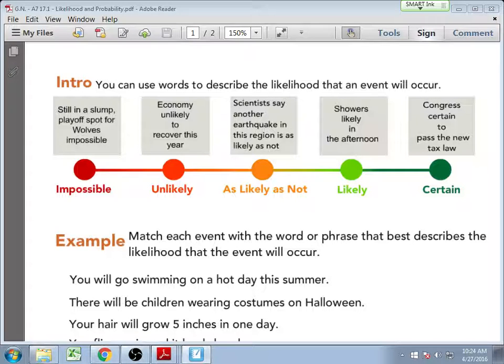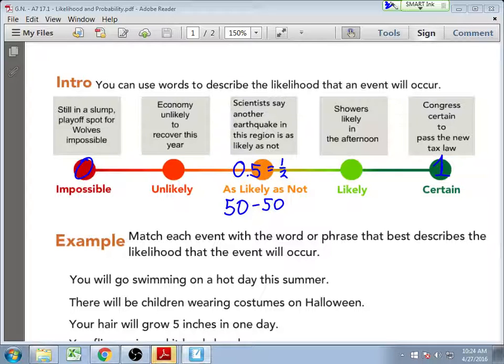But we like to use words involving likely. It is unlikely. It's fairly likely. It's as likely as not. So this is a scale going from impossible, which is a probability of 0, to certain, which is a probability of 1. Probability ranges on a scale from 0 to 1, with your as likely as not being your 0.5 or your 1/2, which is really what people often nickname as 50-50. That means you have a 50% chance it will happen, a 50% chance it will not happen. What event that we just saw is a 50-50?